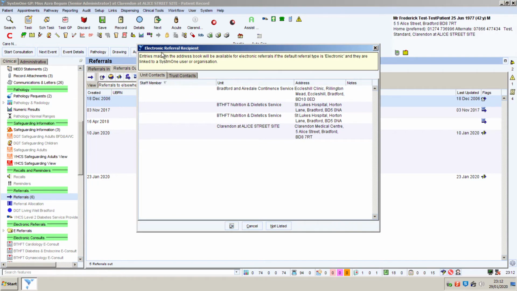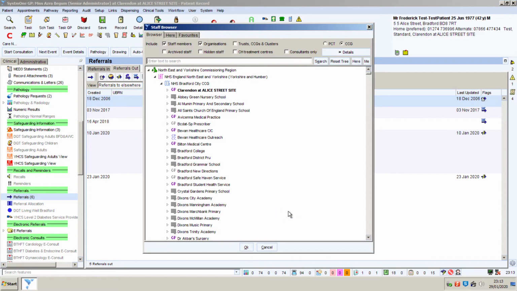A new window appears, Electronic Referral Receipt. Below you have a list of services. However, if your service does not exist here, please click Not Listed. You can then search for your service. We will be searching for City Health Federation, and they have their own unique code,